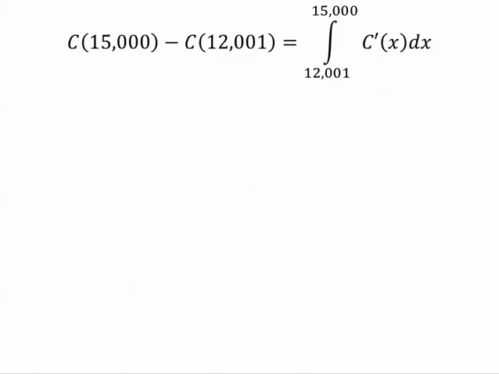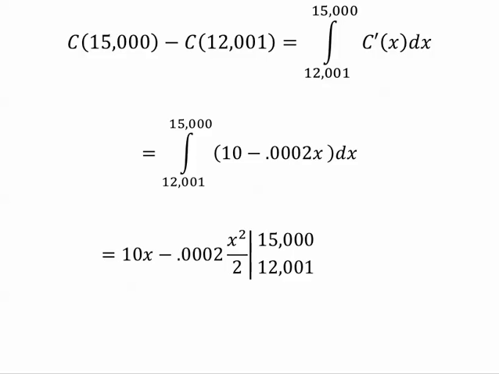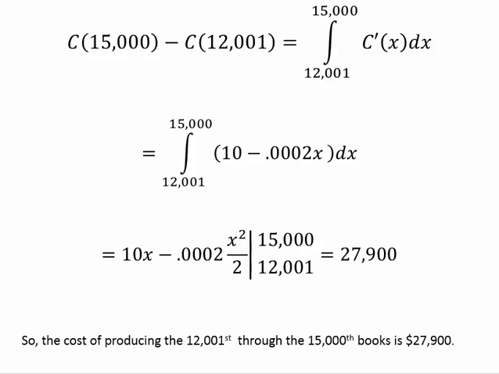So we just put in what our marginal cost function is, and then we integrate and evaluate. And provided that you've already produced 12,000, the cost of producing the next 3,000 is going to be $27,000 and